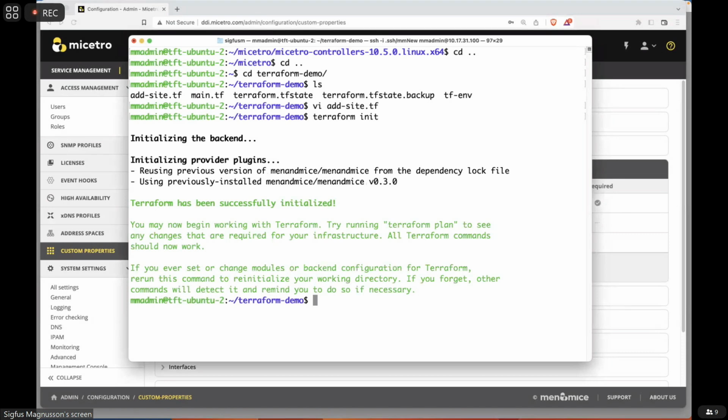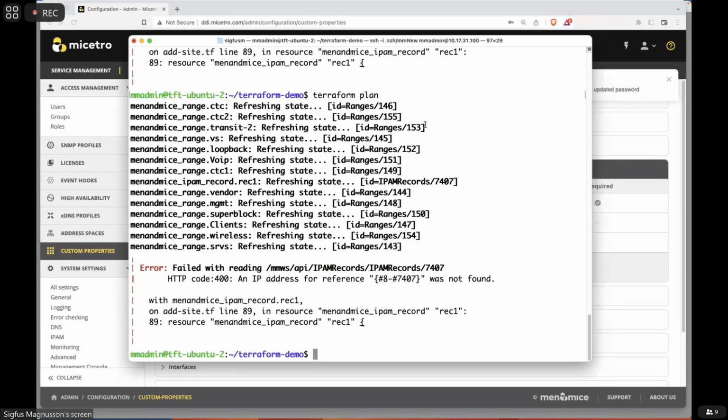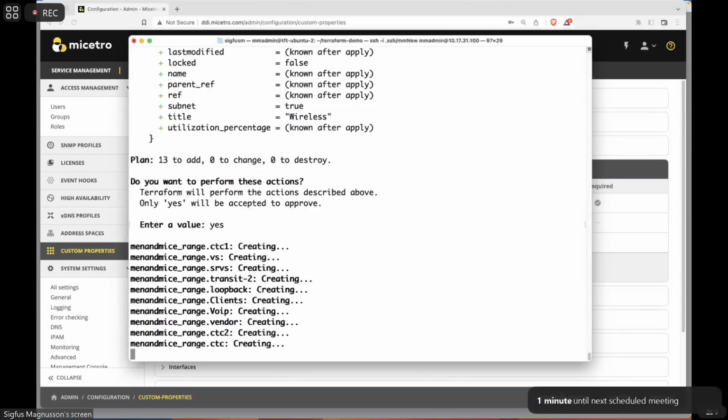So this is our first step here. This is an IP address for the reference. Basically, the network I was referring to, which I used when I was creating this, doesn't exist, so this cannot fail. So I might just as well go here and change the script so it won't actually try to. So what this did now is that it created the new blocks. So if I go now into the IPAM,